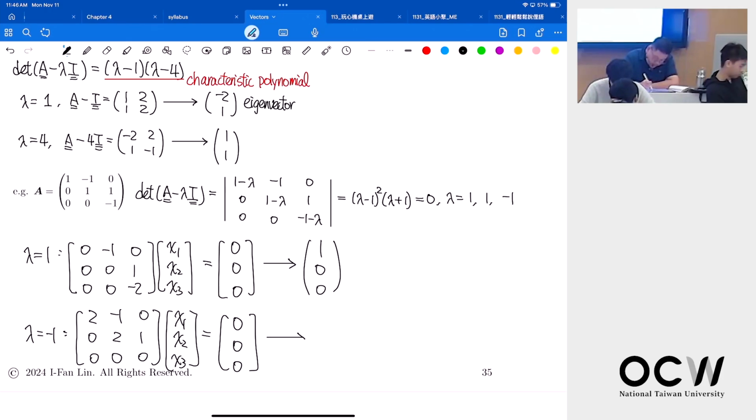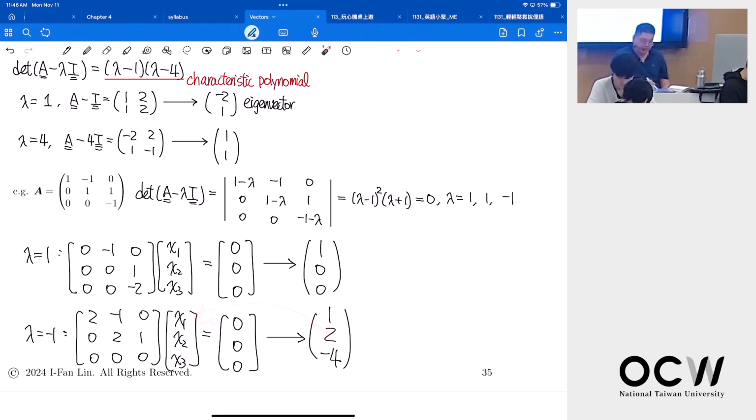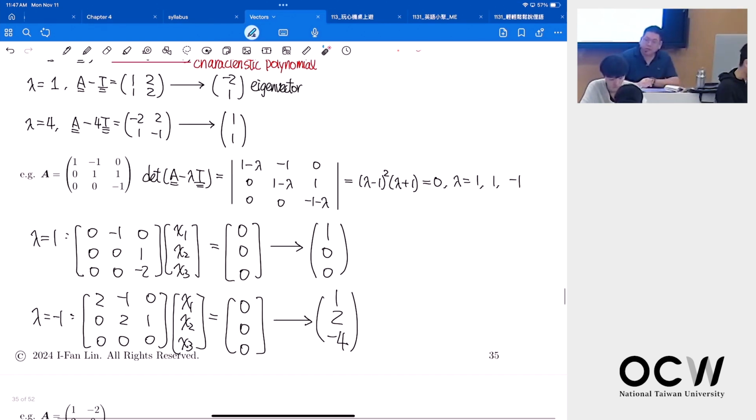Then in this case, my eigenvector is 1, 2, minus 4. As long as they satisfy this equation, okay, you can get 2, 4, minus 8. That's okay. Any questions so far? No, then